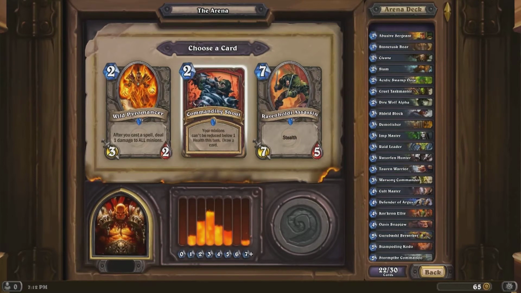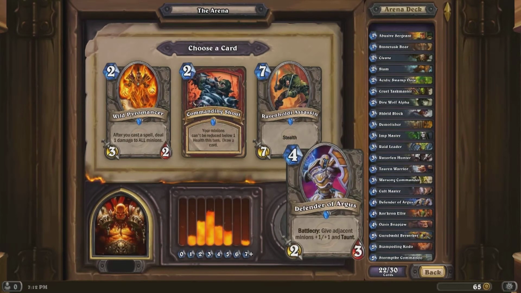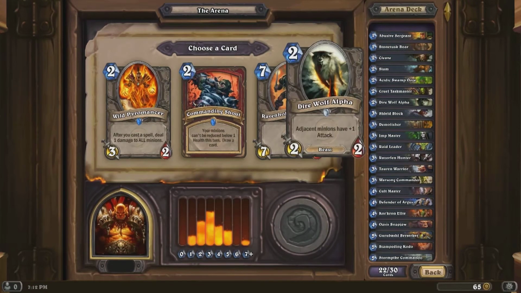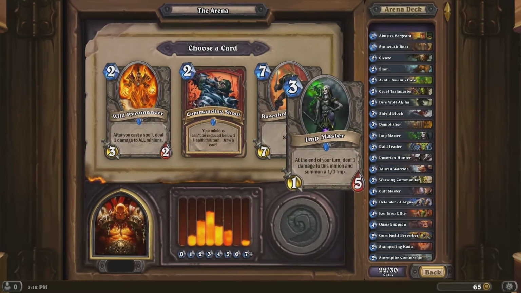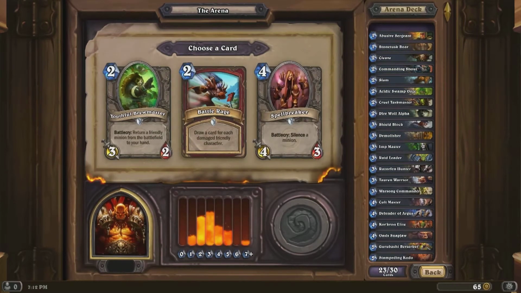Let's see. Commanding Shout. Your minions can't be reduced below 1 health this turn. Draw a card. That's good in case I have something with, say, a lot of attack but very low health. So it's good for, say, Stormpike Commando. It'd be good when the Gurubashi Berserker gets low health. Cult Master, say... I'd say Imp Master as well. Plus it gives a card, so...